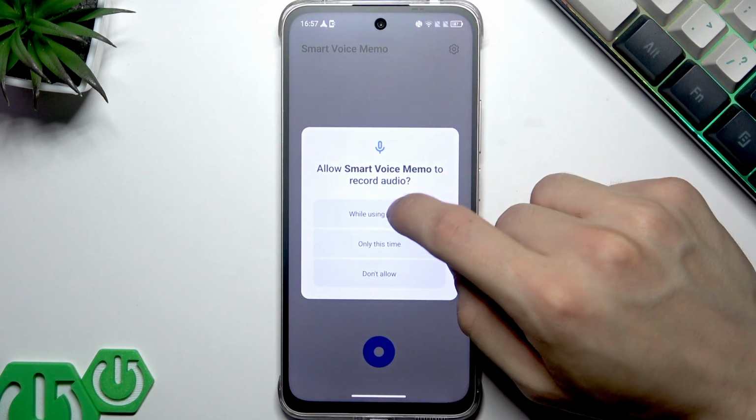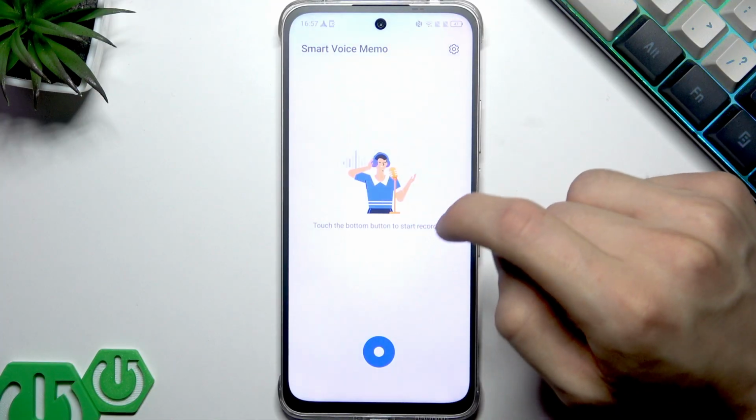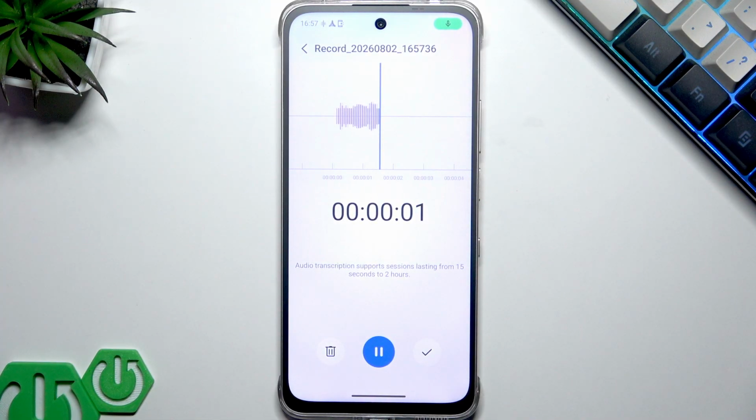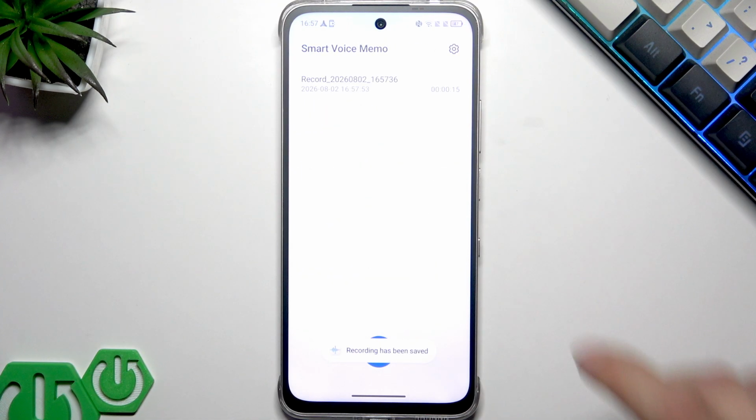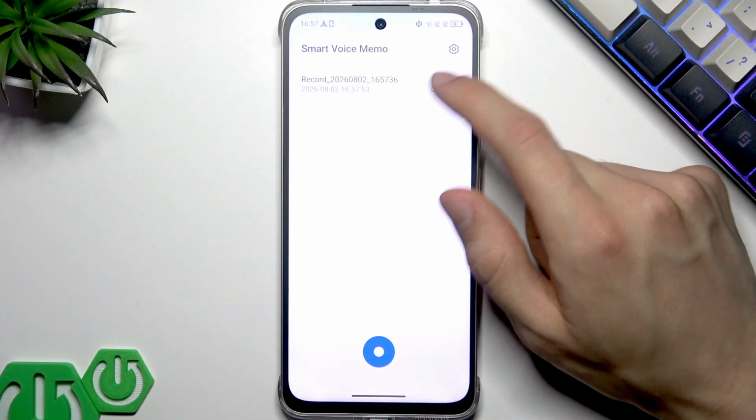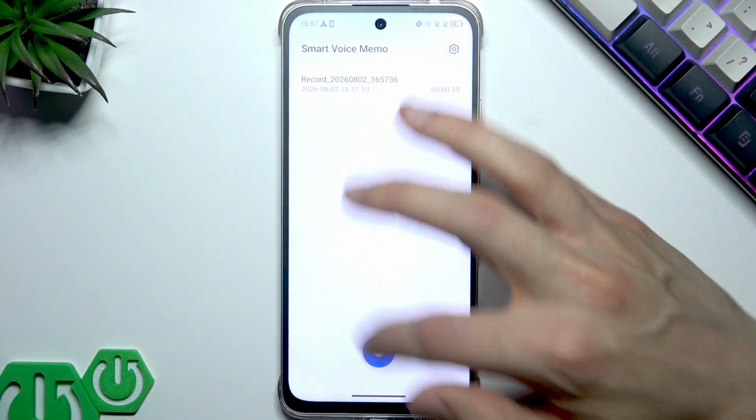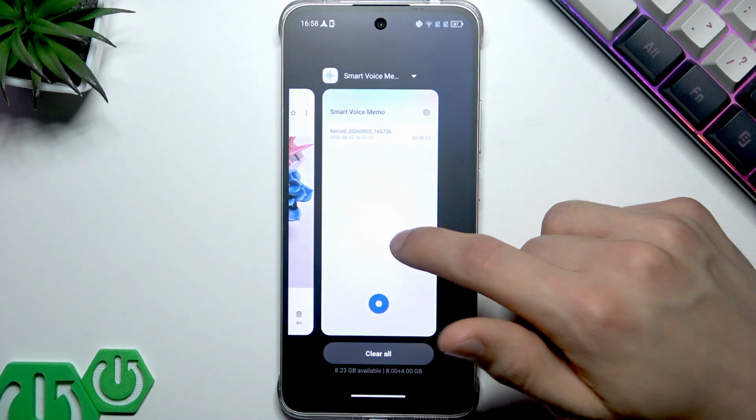let's tap on it. Let's let it use everything on our phone, and now we can record a memo, so a reminder for ourselves in the future. So don't forget to buy milk on the way home. And now just tap OK to save the recording, and now we can check this recording within the Smart Voice